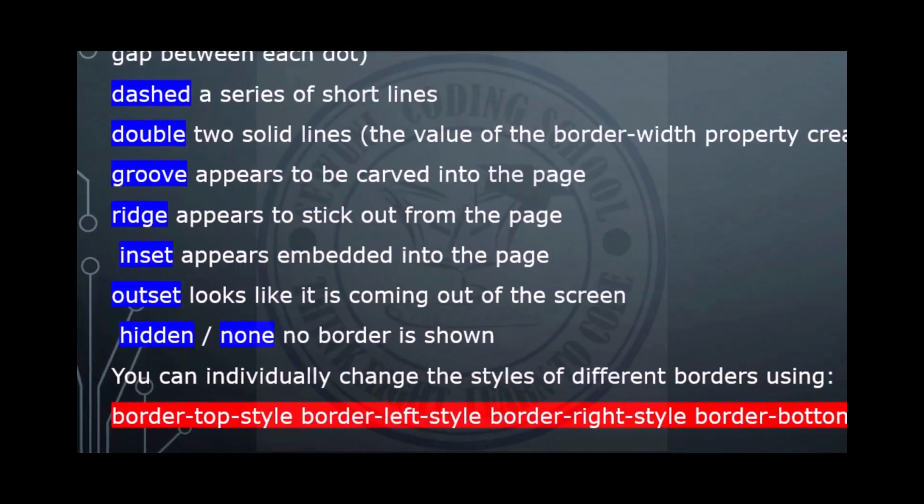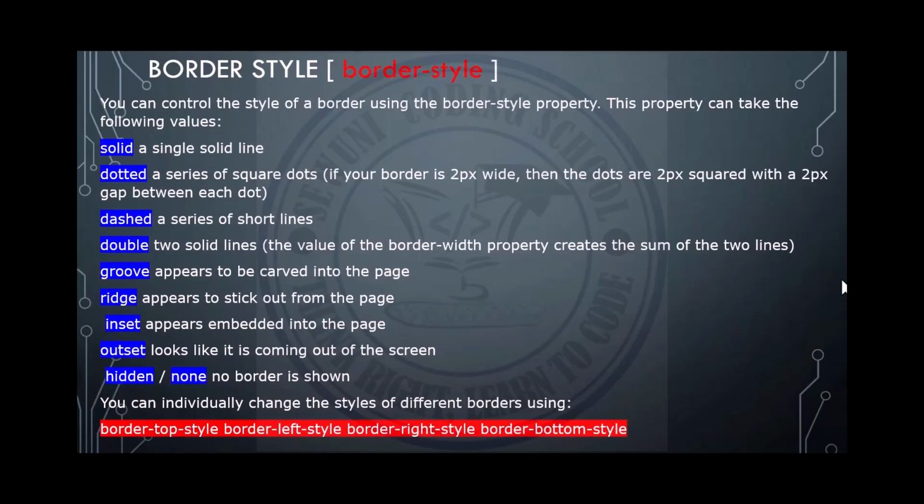Now after the border width, we are also going to check border style. You can control the style of a border by using the property called border-style. This property can take a lot of values. One of them is solid, which gives a single solid line. You can use dotted, which gives a series of square dots around